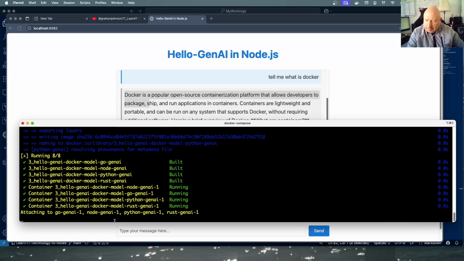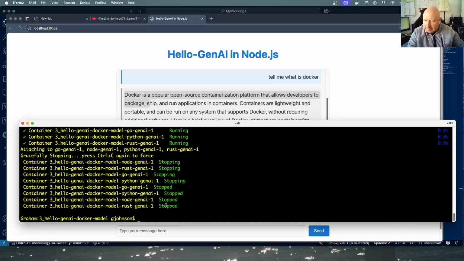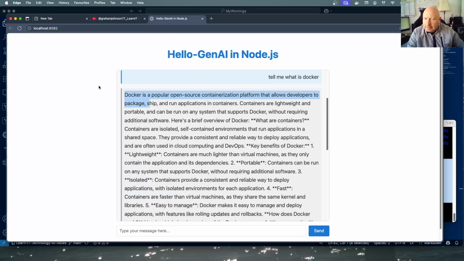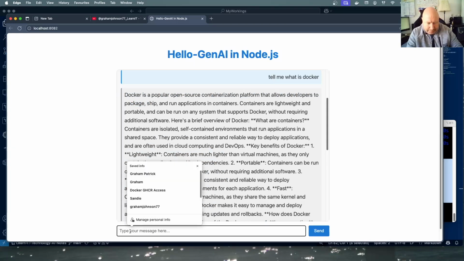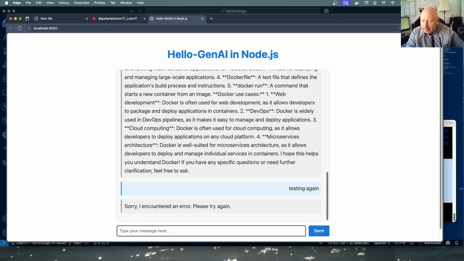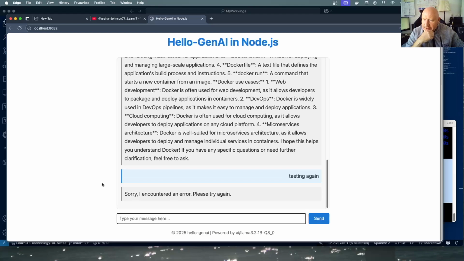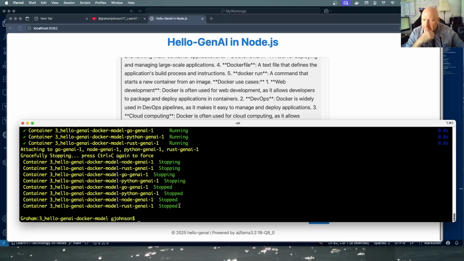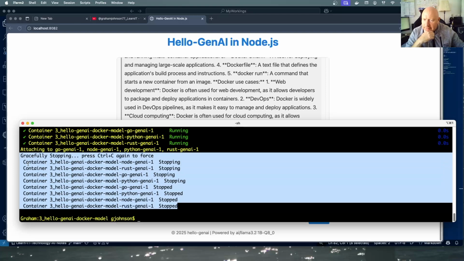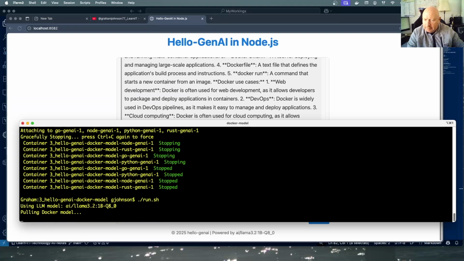Now, if I was to stop this, if I was to quit this here, you see it stopped now. If I go back in here and say "testing" again, it says, "Sorry, I encountered an error," because the connection between this web UI and my model has been interrupted. So again, I'd have to rerun my run command to get that back to a working state. If I do that again,